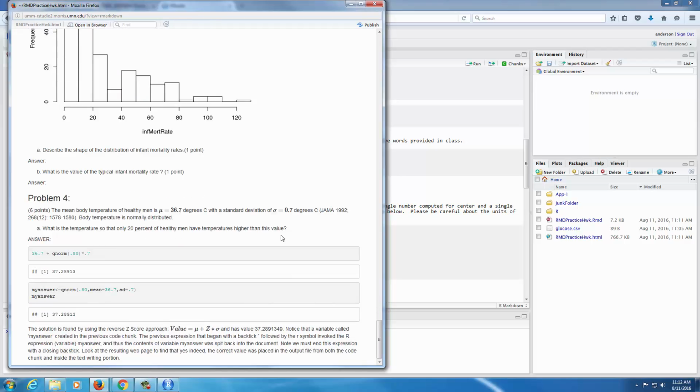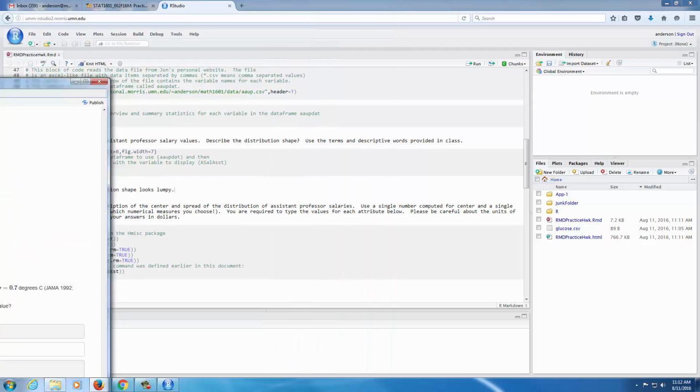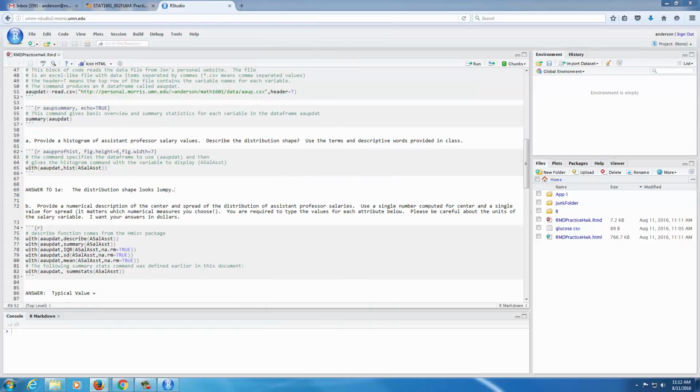If you scroll down a little bit farther, you'll see problem 4 is a problem about normal distributions, bell-shaped distributions that we haven't talked about yet, and it'll be a couple of weeks before we do. But I want you to see in here that I've got some Greek letters, the Greek letter mu, the Greek letter sigma, and if you look at your markdown file down on problem 4,